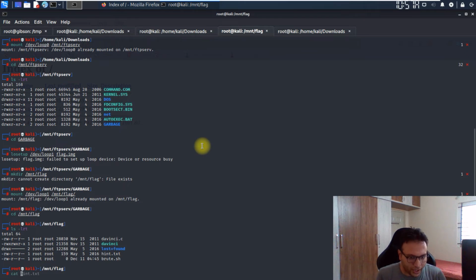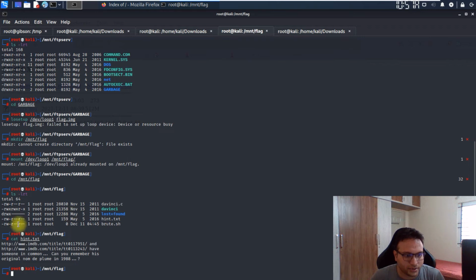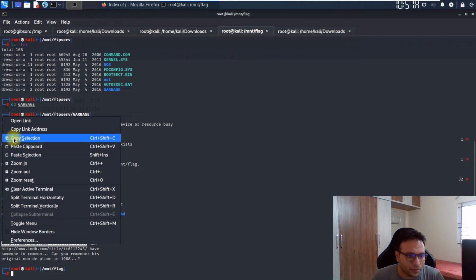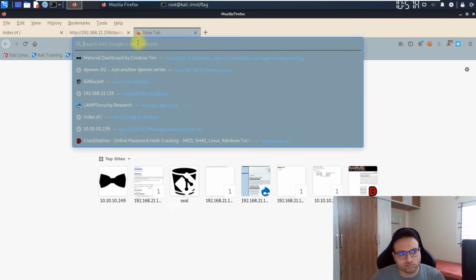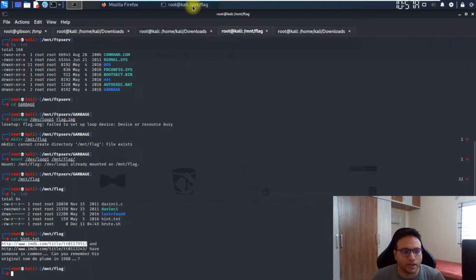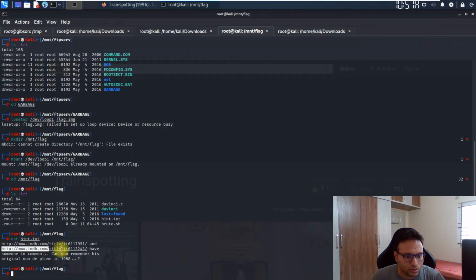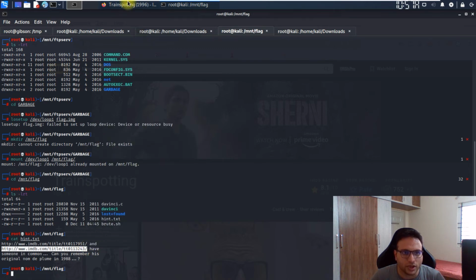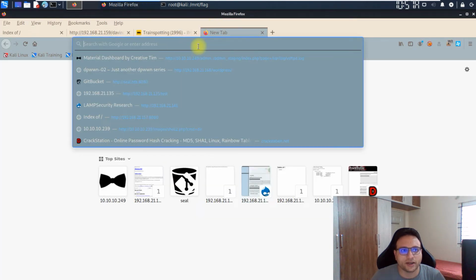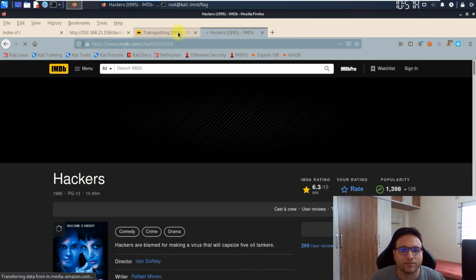Over here I try to access this hint.txt file, and I can see there are two links of films. Okay, I'll simply copy them and open them in my browser. Let me try to open both. So there is a similarity between both the links. You have to identify that, and accordingly we have to take it forward.